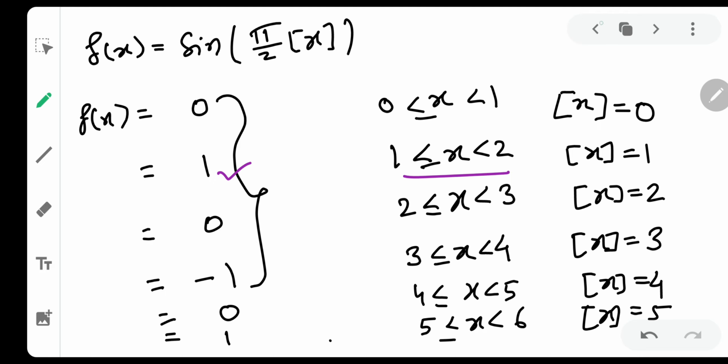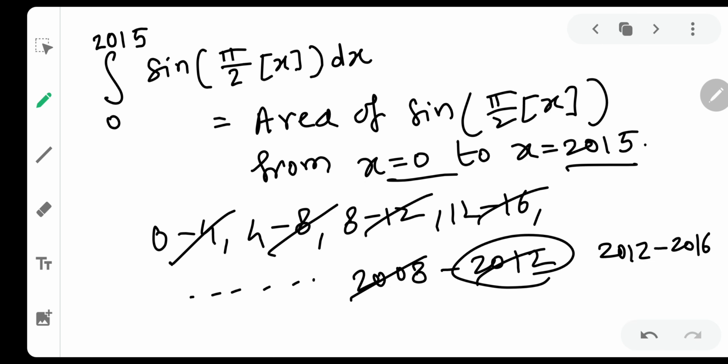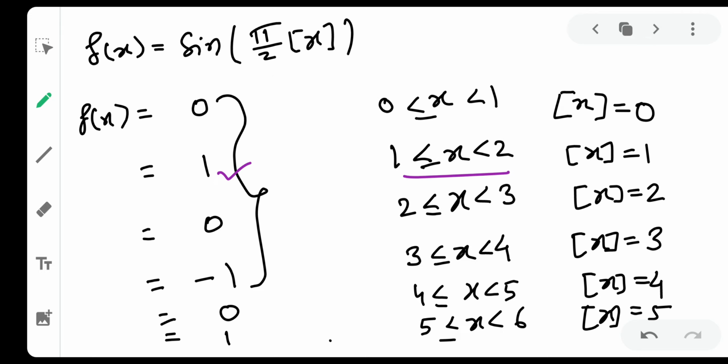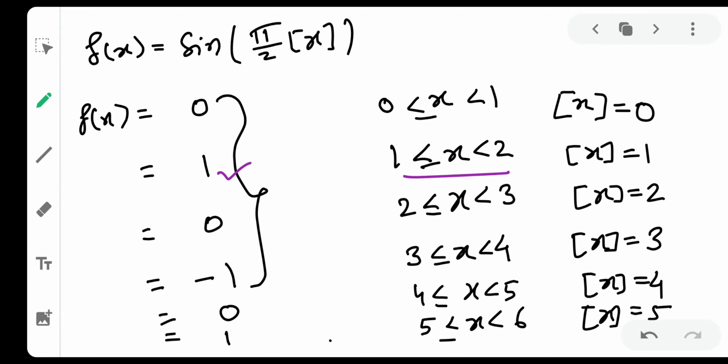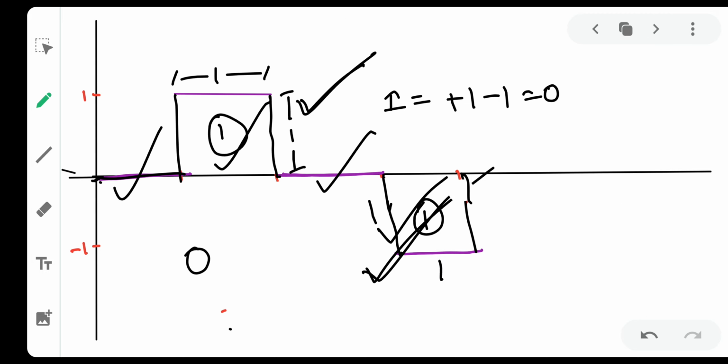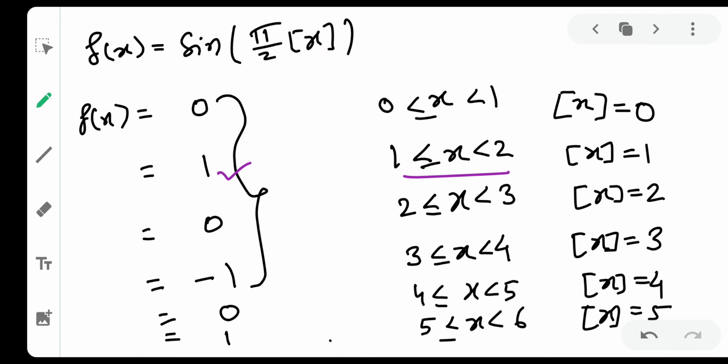Okay, so let us say what is the answer for this question. So the answer is 1. How did we calculate it? We did not get much into the integral. We just plotted the curve and understood how the areas are cancelling. The area above the x-axis is always positive. Area below the x-axis is always negative. So they are going to get cancelled as shown in this diagram. The most important thing was piecewise splitting of the function. Once you do that, this question becomes very easy. The answer for which is 1 square unit.